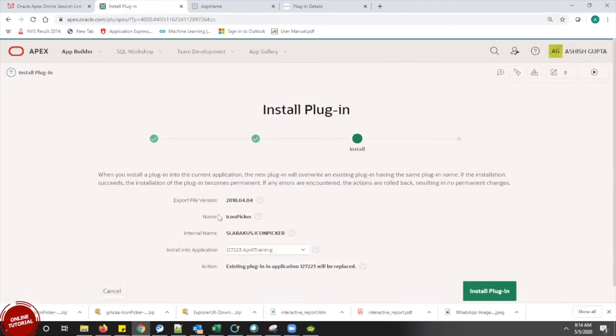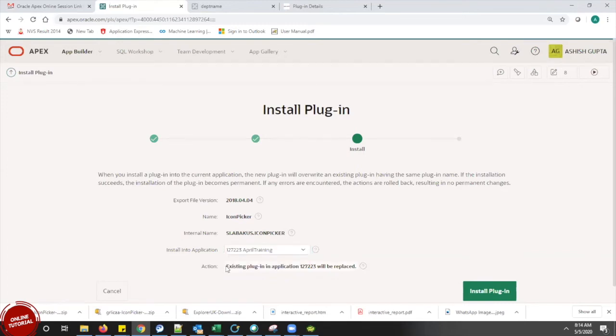it says what the name of the plugin is, that is the icon picker. The internal name is this, and in which application it is going to be installed. The application is going to be installed in my April training. Okay.